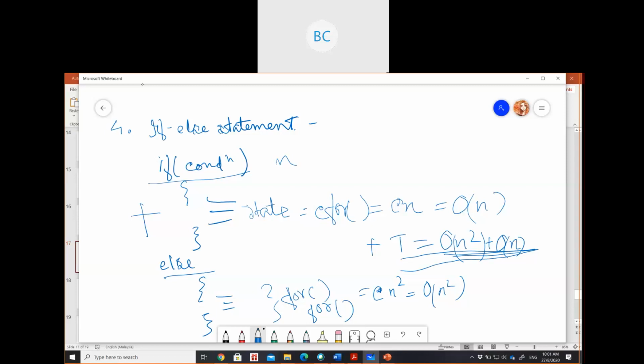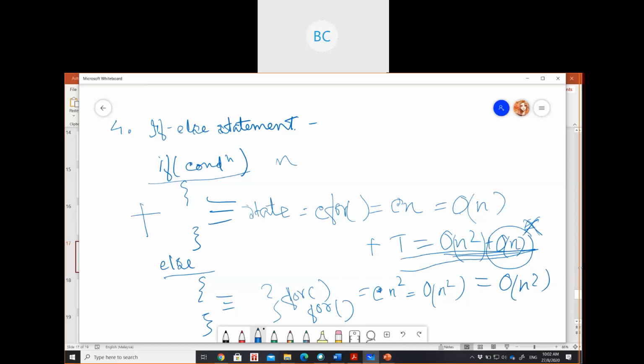But now remember the worst case. What's the worst case again? Anyone? Worst case means we are going to think about which expression is going to take the longest amount of time, the maximum time. So the total time complexity of this block of code will be simply O(n square). We are going to neglect this O(n) part. Why? Why? Anyone want to say?